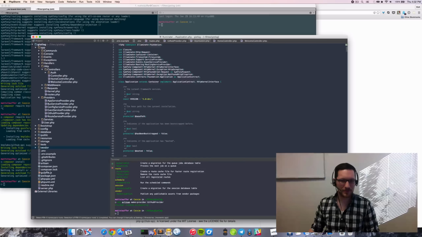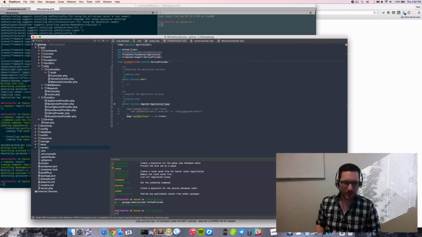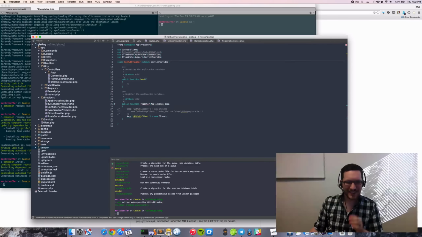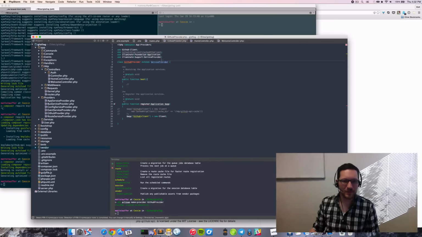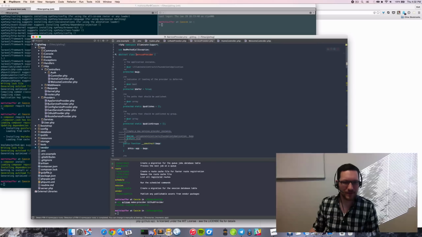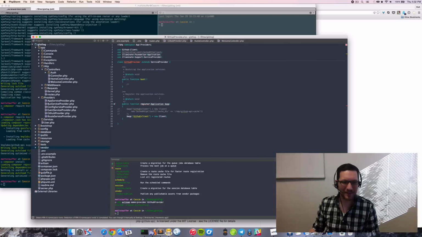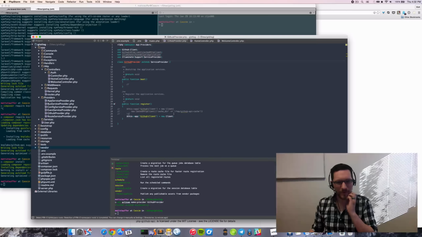Fantastic. Application. Okay, so that's what I wanted. Application app. So I still feel like app should be available to me somewhere else if it's like this. There you go. Just like that. See, I'm not as dumb as you might think. So this is this app because it's already bound in. Okay. So in theory, at some point, we can now pull GitHub client out of the IOC container